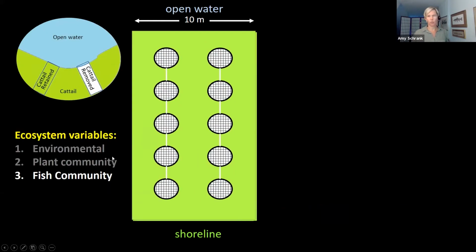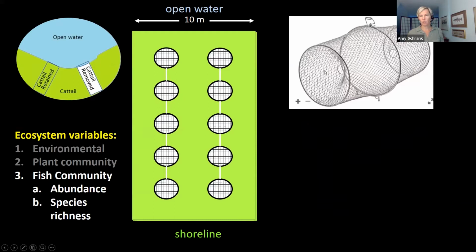We will also be measuring fish at each site. So you can see those little rectangles have changed. These are supposed to be examples of minnow traps. We'll be using minnow traps to measure fish. Again, abundance, species richness, species diversity. We use minnow traps to sample fishes in cattail stands. You saw the pictures of how dense it is. It's very difficult to sample fish really in many other ways in a cattail stand. So we've chosen minnow traps.